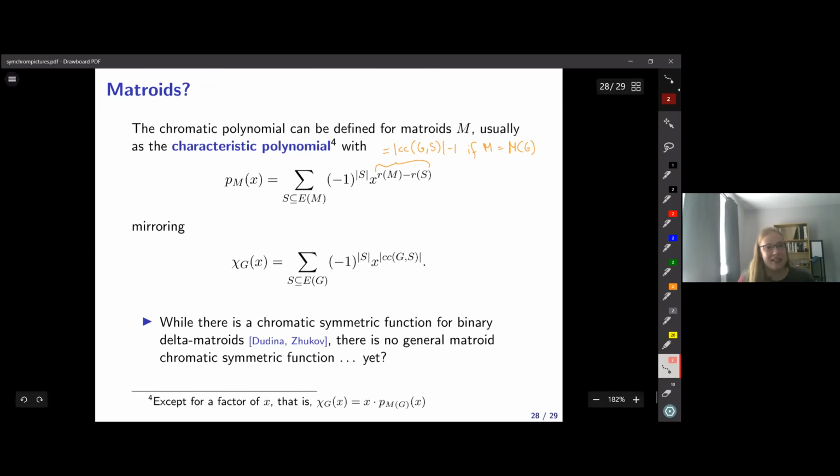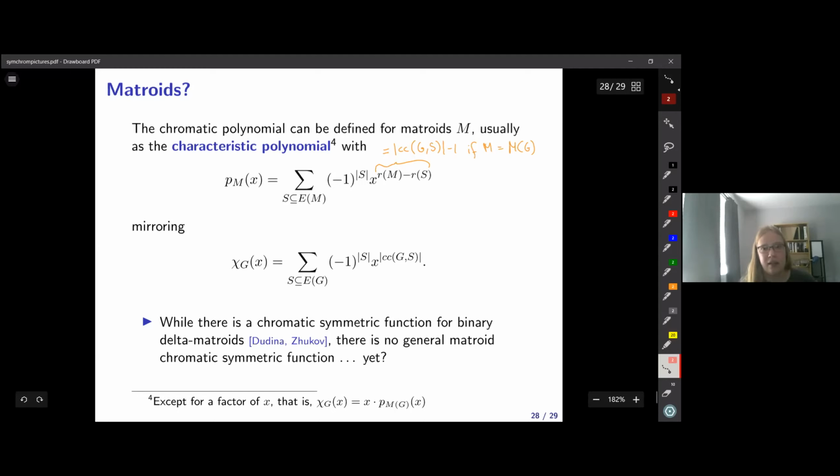And so since this is a Matroid seminar, here's the obligatory slide on Matroids. It would be nice to have a generalization of this for Matroids, and as the Matroids people presumably know, there's a chromatic polynomial for Matroids, which is usually called the characteristic polynomial, and it is the same as the chromatic polynomial for graphs if your Matroid comes from a graph, up to a factor of x,